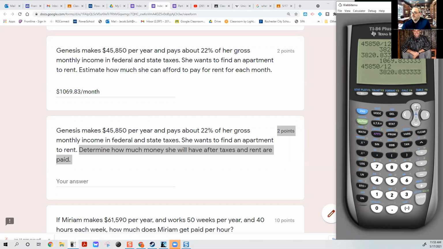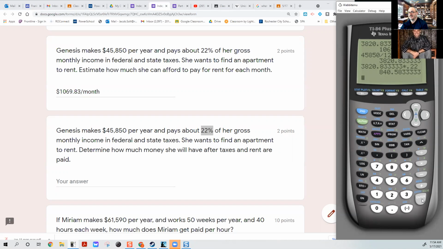So I'm going to take that number, multiply it by 0.22, right? 0.22, because that's 22% expressed as a decimal out of 1. All right, I see that the number she pays on taxes is $840.58. Okay, now how am I going to figure out how much money she has left over